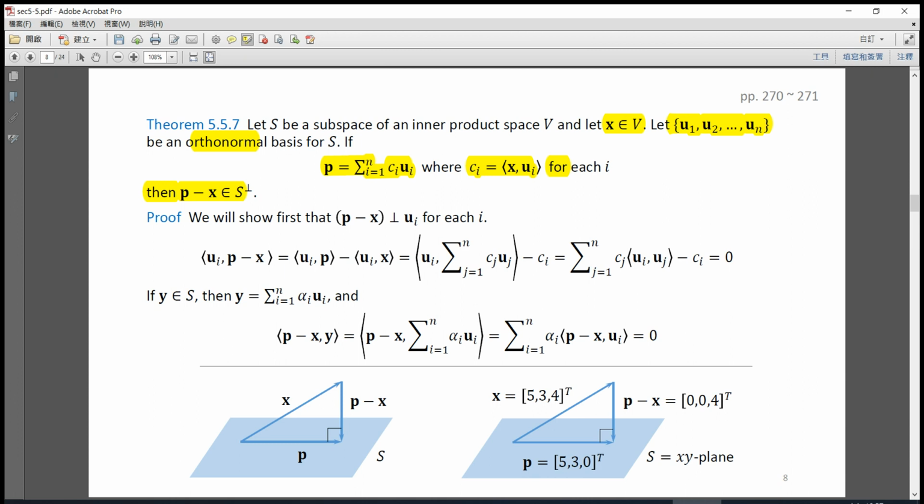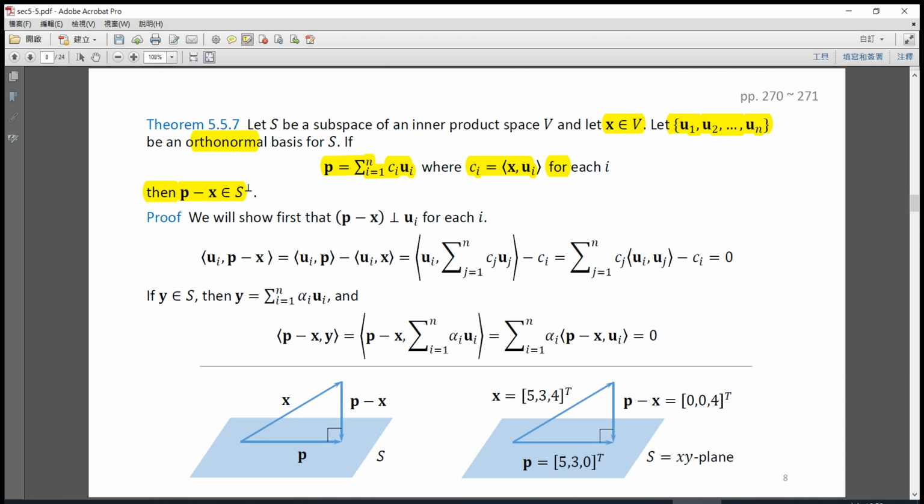We know that P is the projection of X onto the subspace S. And this theorem states that if P is the orthogonal projection of X onto S, then P minus X belongs to S perp. That is, P minus X is orthogonal to every element in S. We can use the figure in the bottom of this slide to visualize Theorem